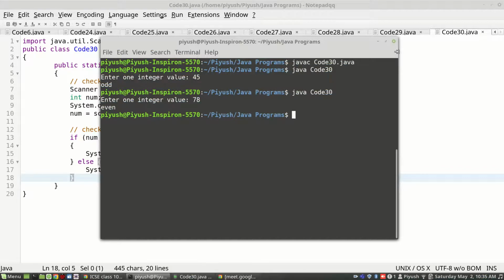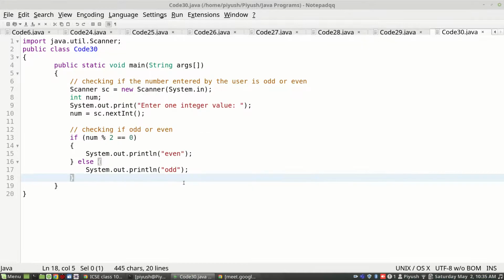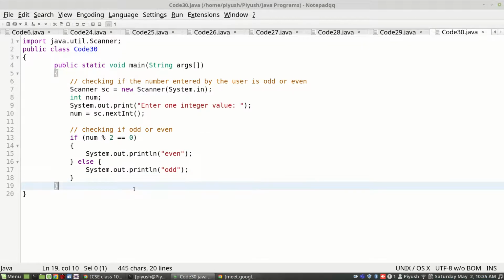So just have a look for another 5-10 seconds and let me know in case this very small and easy concept of how to check whether a number is odd or even is clear to all.